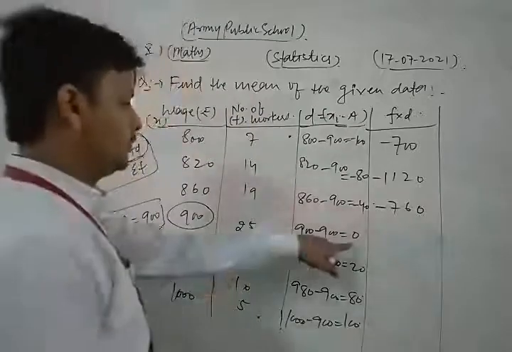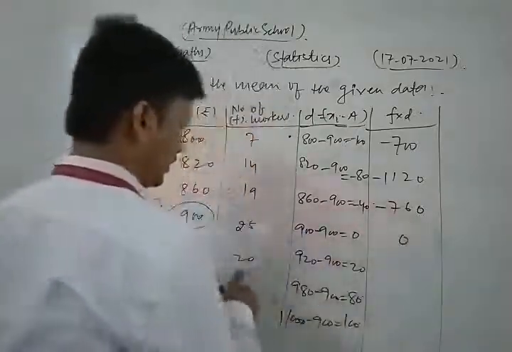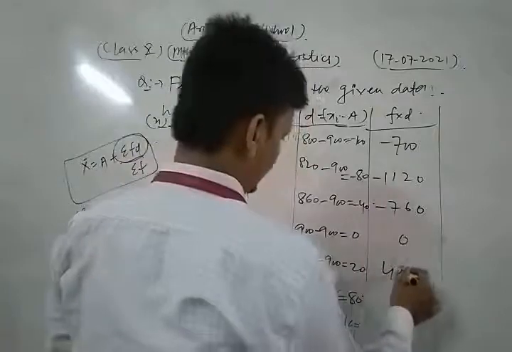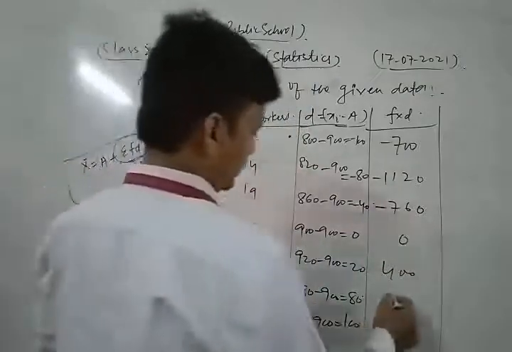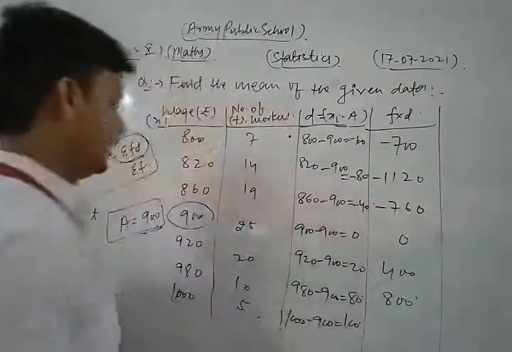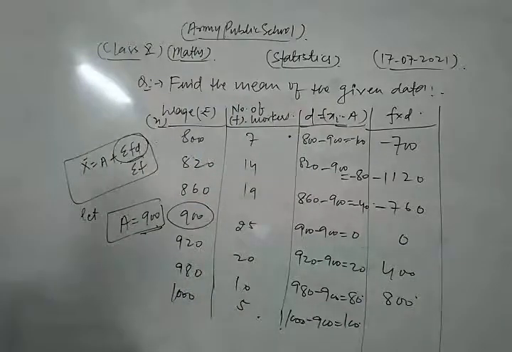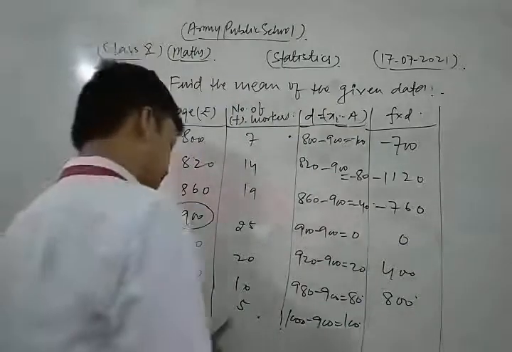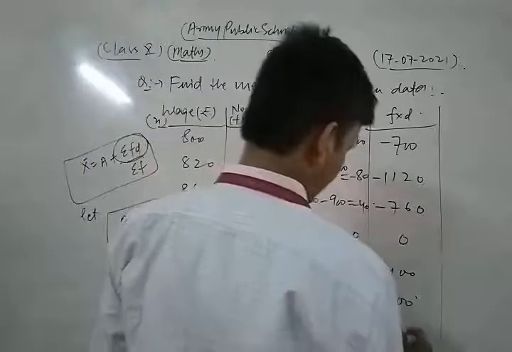Now 25 into 0, that is 0. 20 into 20, this is 400. Now 10 into 80, that is 800, and 100 into 5, that is 500. Now